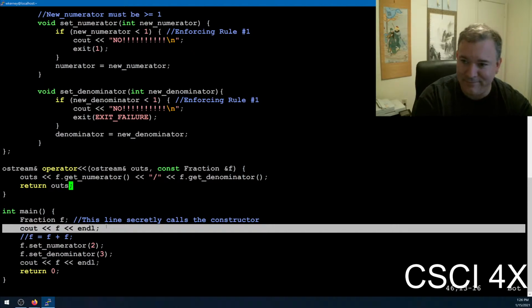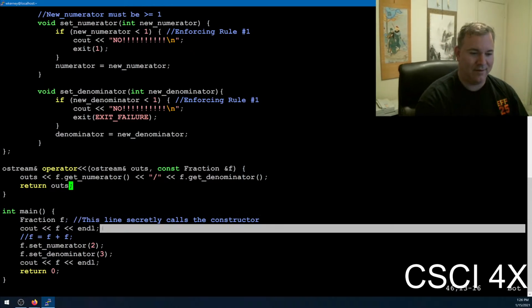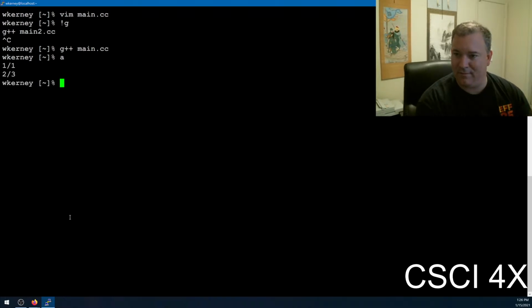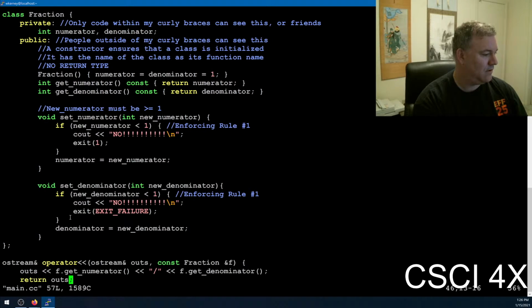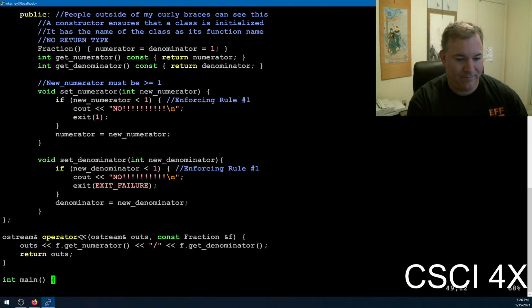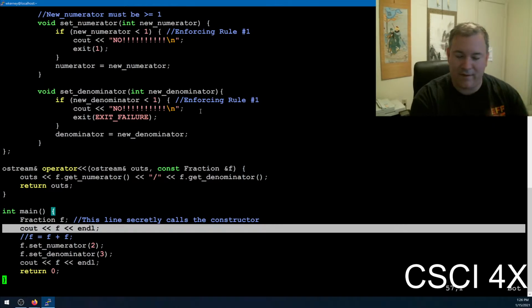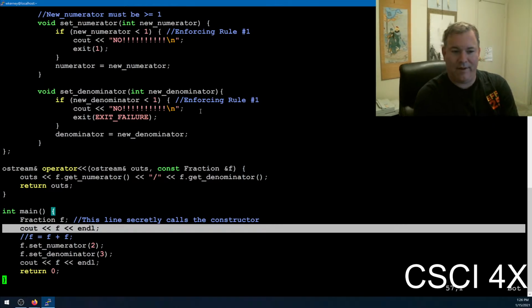So I don't want to show too much. But do you guys agree? You can just print a fraction now, and if we compile this, wrong main. If we compile it and run it, you see how it works. So do you guys see that? You can just see it out. And so now,